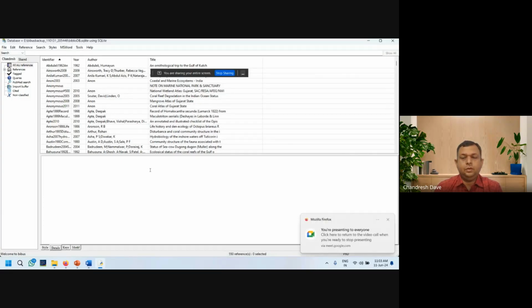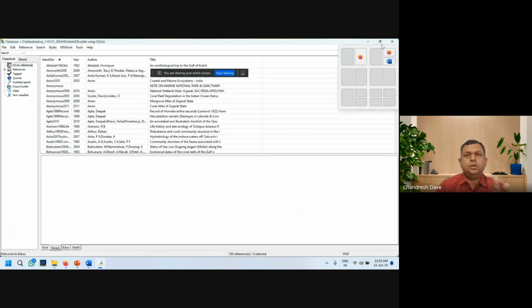Let me open the software first and then I will share the screen. Is the screen visible? Okay. So this is the main layout of the Bibus software.